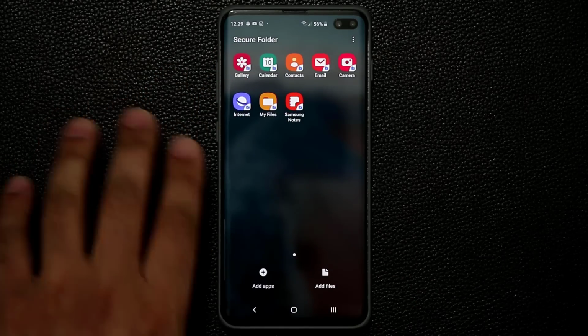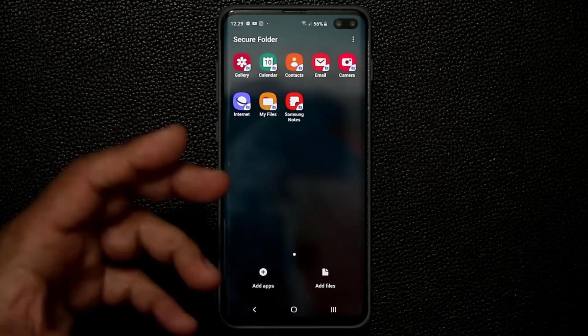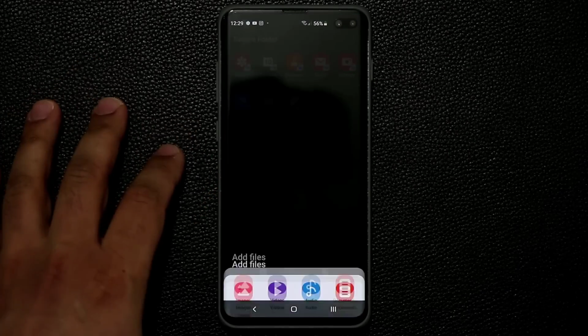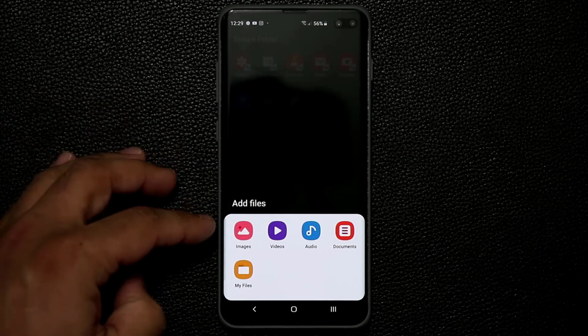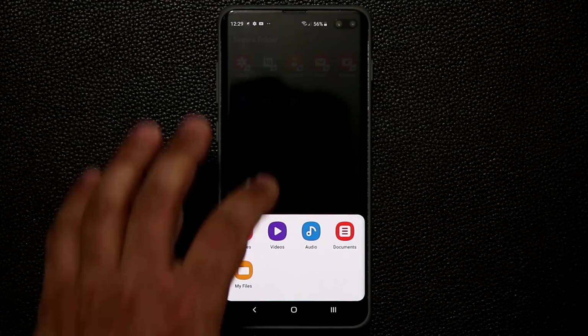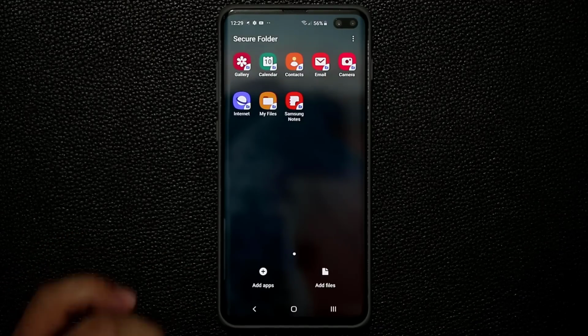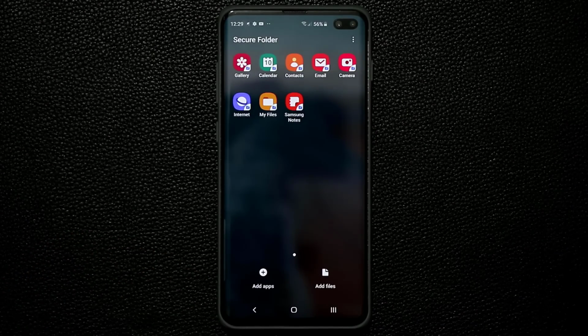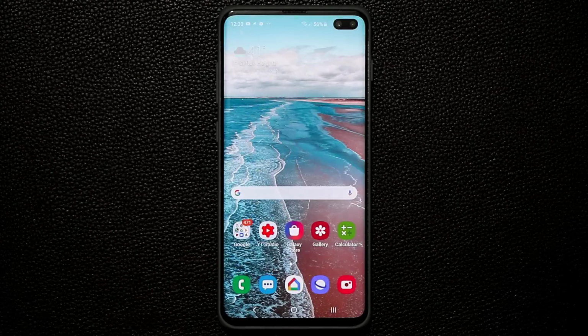So everything that I do on those apps inside the folder here remains secret. Nobody has access to the history of what I watched on YouTube and stuff like that. And of course, I can just tap on here and add files using any one of these options. Images, videos, audio, documents, my files. Secure folder definitely is a brilliant little feature to hide photos, videos, files, whatever you want, and even create duplicates of certain apps that you can do private things on, all right? And that brings us to the end of